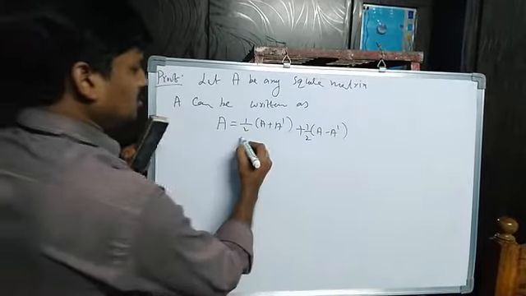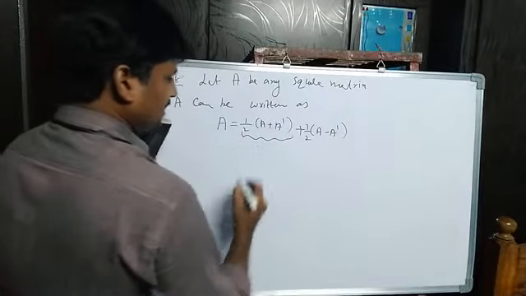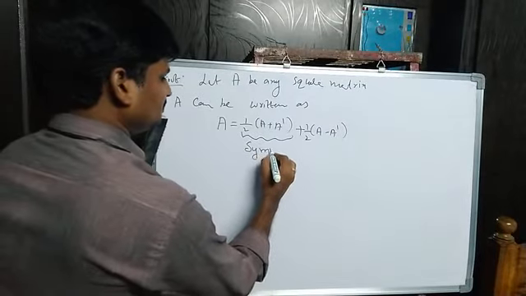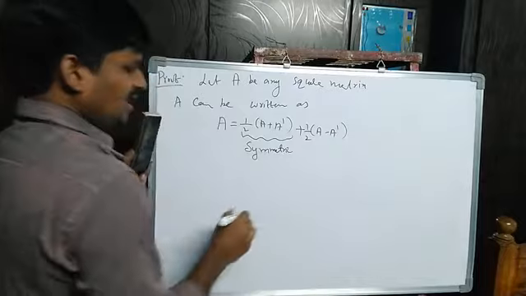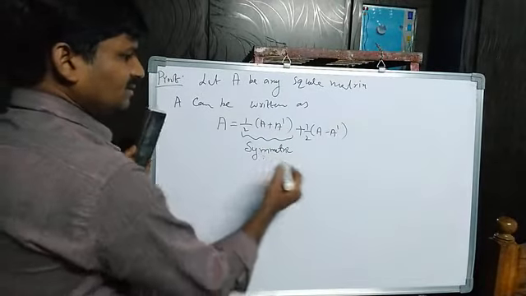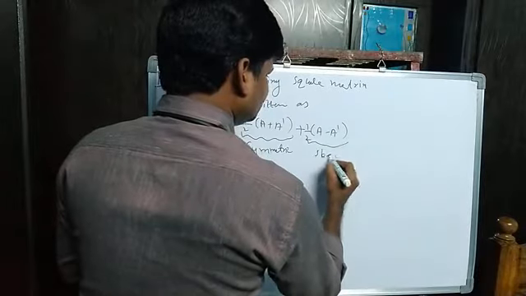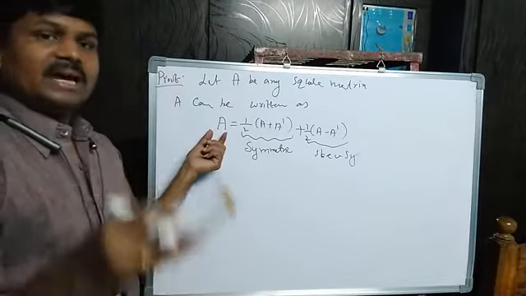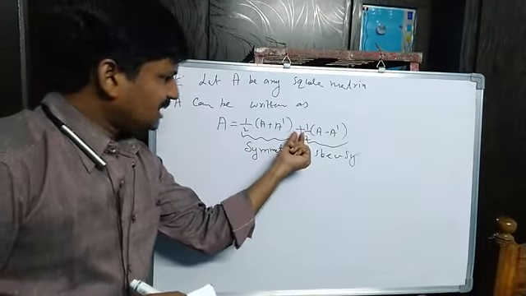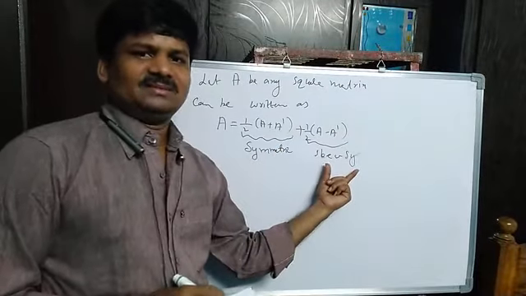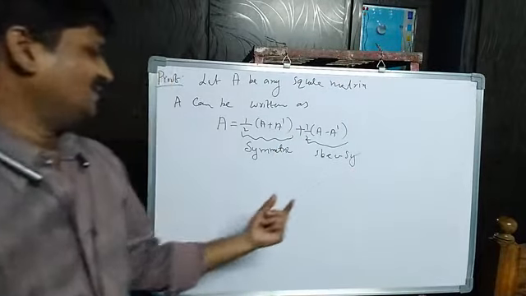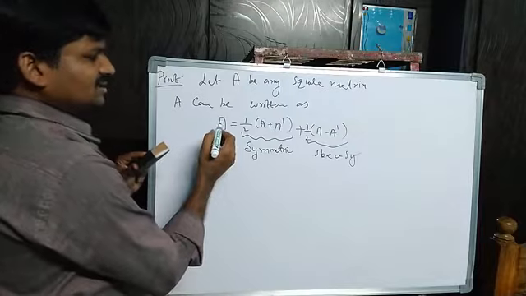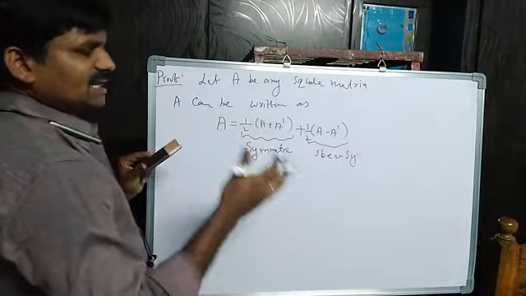Now what am I going to prove? This expression: I am going to prove this matrix as symmetric, and I will prove this matrix is skew symmetric. Then what do you say? A square matrix A can be expressed as the sum of symmetric and skew symmetric matrices. Very good. So now what we have to prove is that A is expressed as the sum of symmetric and skew symmetric.